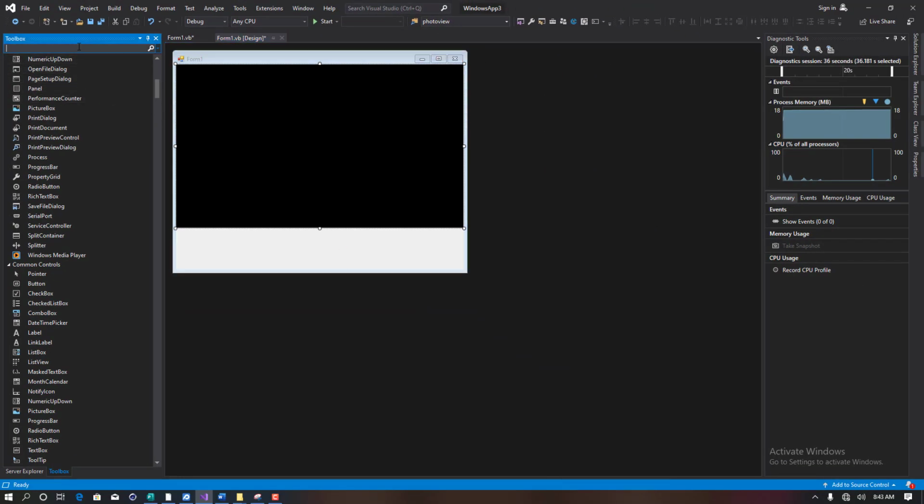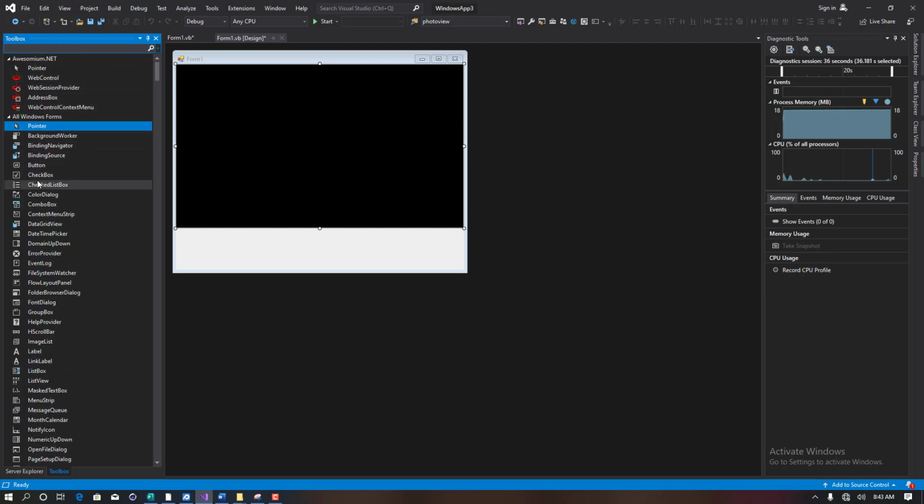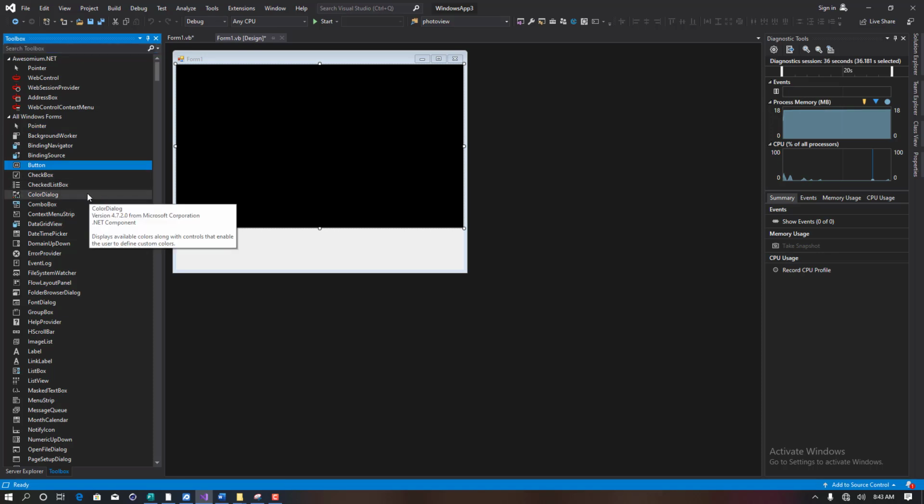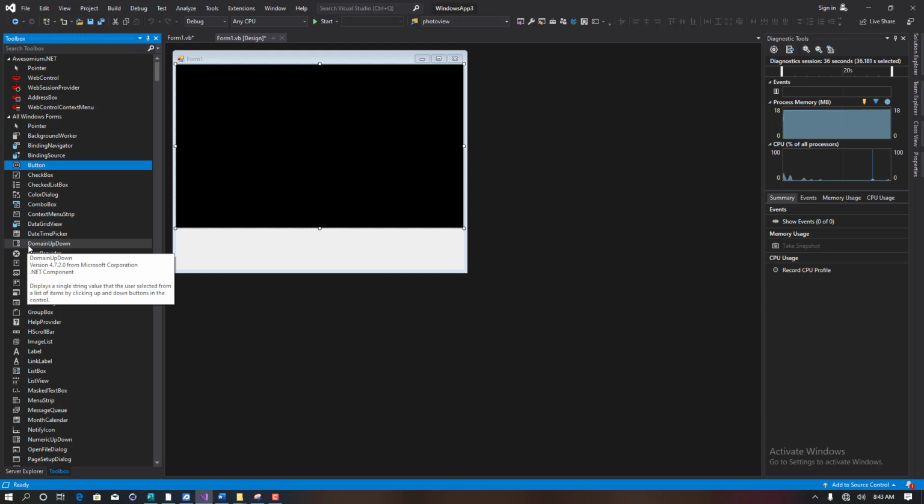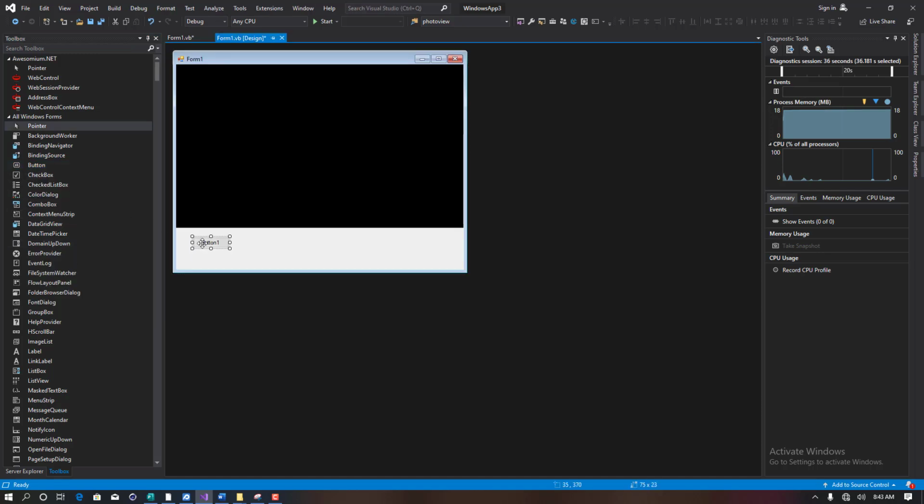Good. So I need to add some buttons. So I'll just search for buttons. Good. Let me add some buttons so that it just works perfectly fine for me. Good. So I'll just add some buttons. So one button here,